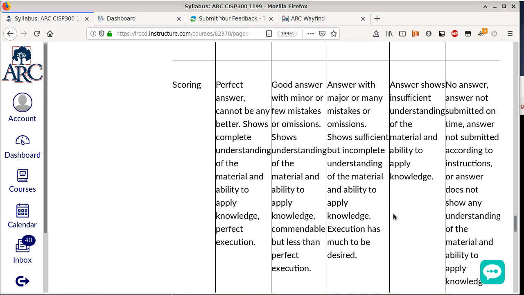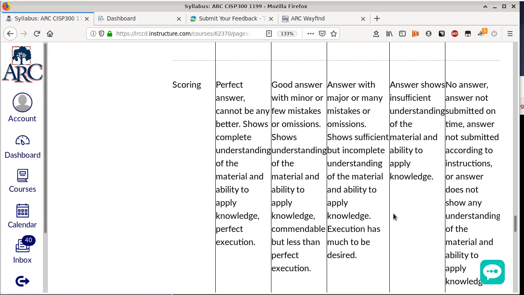The difference between a B and a C is that a C has the core concepts right, but a lot of mistakes and a lot of omissions. It's hard for me to quantify these two unless we have an example, like a specific case. The difference between a C and a D is, in the case of a C, I can still see that the person understands the core concept related to the question,